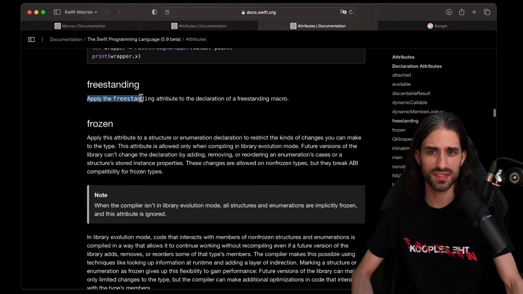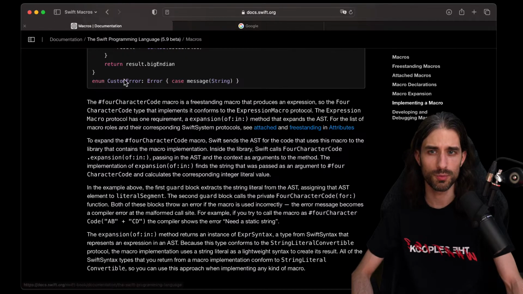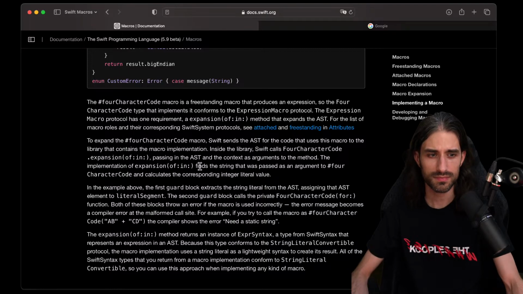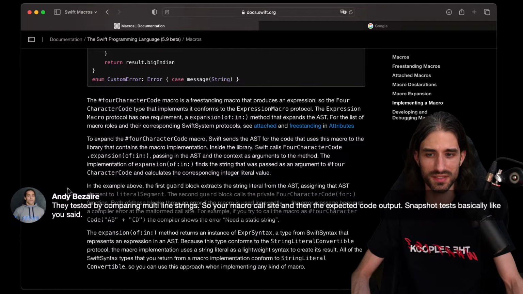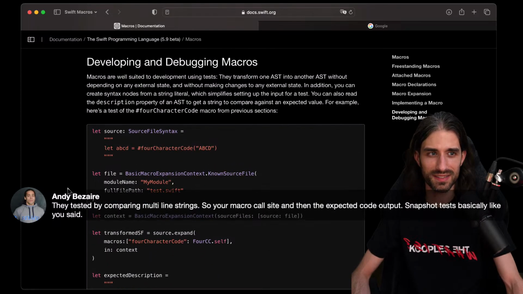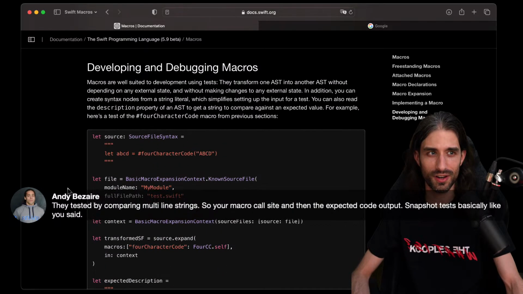Oh yeah, no, okay, freestanding, yeah, it applies the freestanding of a macro, but I was looking for the protocol that you need to implement for an attached macro. Okay, interesting to see that they are tested by comparing multi-line strings, and so my hunch about snapshot testing wasn't that bad. All right, we're getting close to the end of this document.